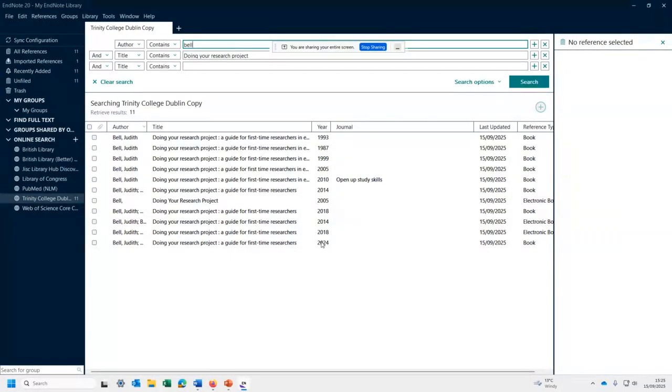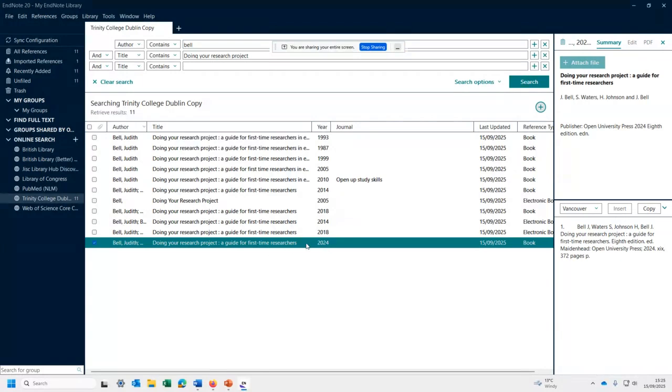But there is a recent one, a 24, and that's the one I want. So this isn't actually my library. This is just a set of search results like we saw in the databases. So if I want to bring this reference into my library, I just click on it, it turns dark green. And then there's this little plus button. And if you hover above it, it says add the selected online records to your local library. So that's exactly what I want to do. So I'm going to click that.